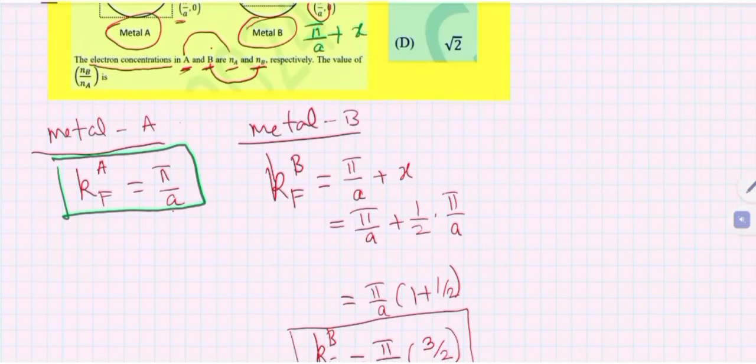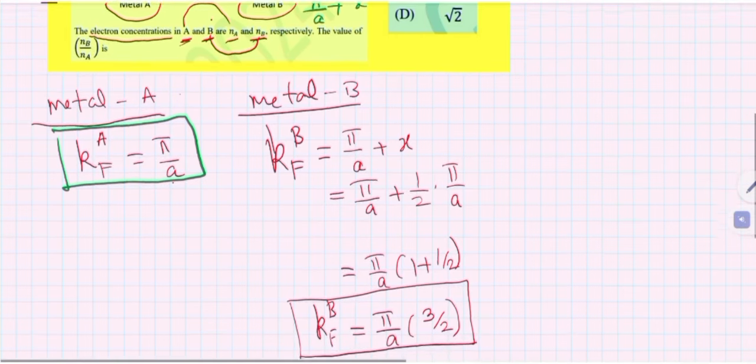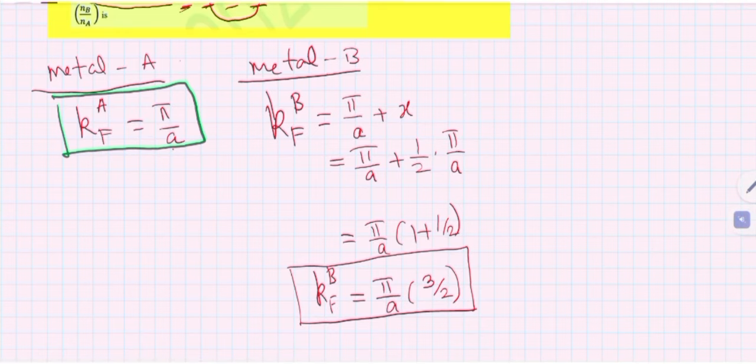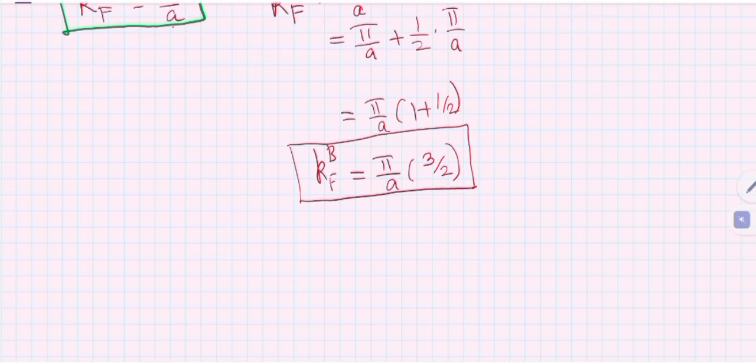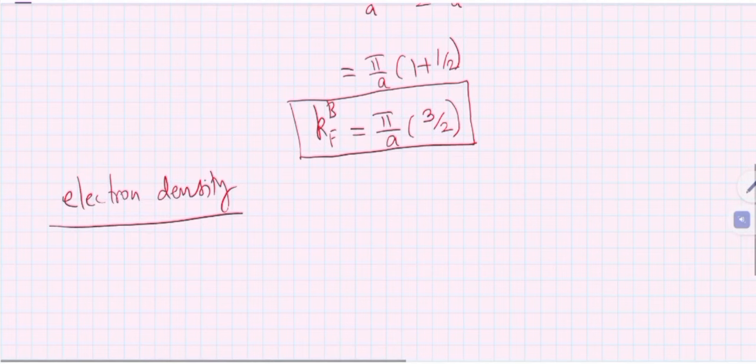So we know now na, and then we have to write some relation which is based on carrier electron density. So the electron density n in the 3-dimension case, the n is equal to kf square by